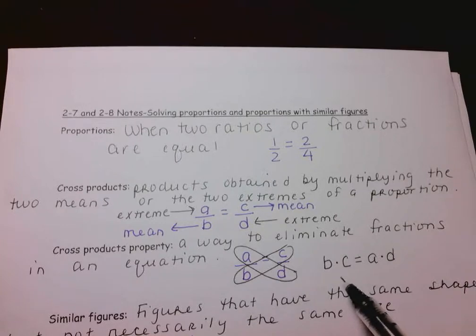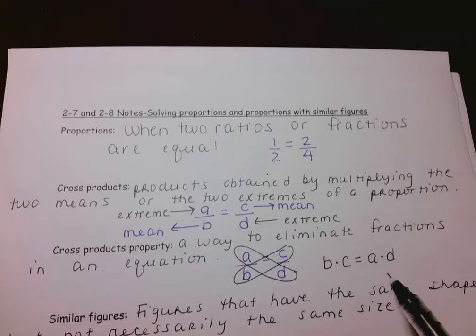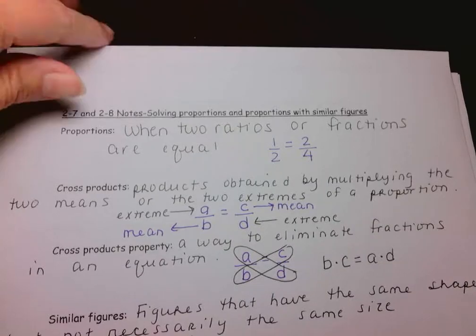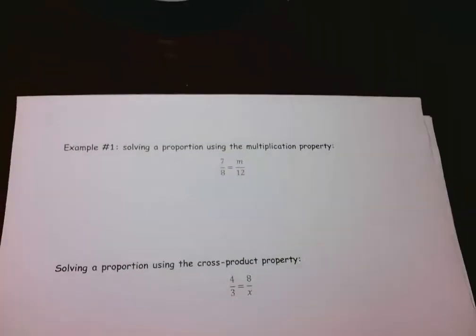I take the product of the means and I take the product of the extremes, and I can set them equal to each other. B times C and A times D are called cross products, and the cross products property allows me to set them equal to each other. So I want you to just pause on the vocab for now. We're going to go back to it, and I want you to go ahead and go to example number 1,